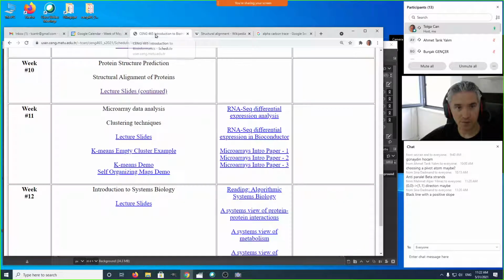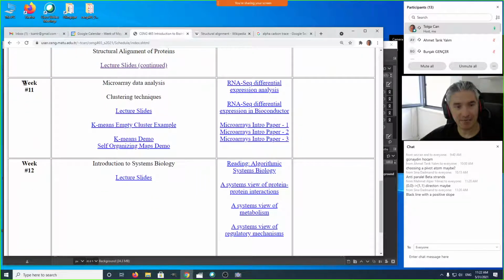On Thursday we are going to continue, so here's where we are on schedule. We are currently in week 11, and we will start microarray data analysis. I will briefly mention what microarrays are. Microarrays now are considered an old technology, with new techniques like RNA-seq, next generation sequencing. It's not microarray data, but transcriptomics data, so expression data, which tells us the messenger RNA quantity in the cell at a particular state. We are going to take a look at these, and I will talk about some problems to help us analyze